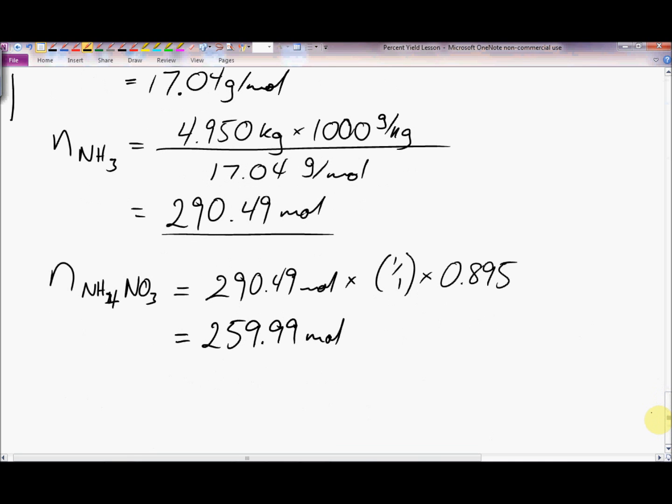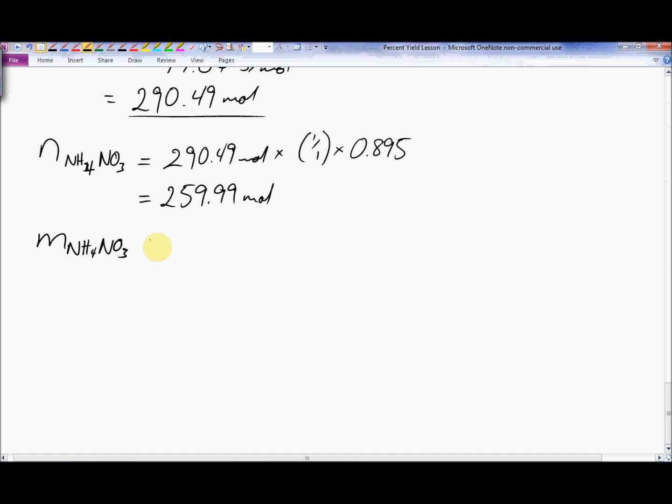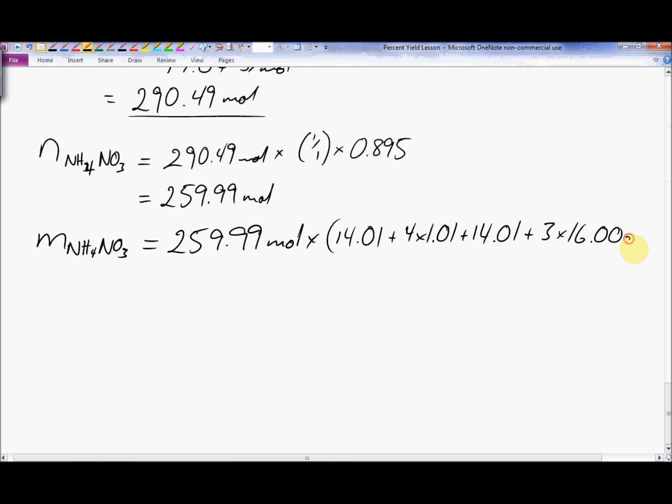Since we have that many moles, we just quickly convert over to mass. Now to complete this question, we find the mass of ammonium nitrate, which is the number of moles times the molar mass, in grams per mole. When we multiply that through, this many moles times the molar mass for the compound of 80.06 grams per mole, we're left with